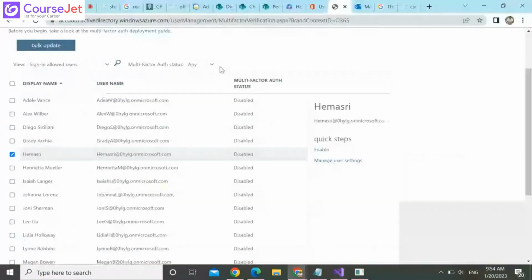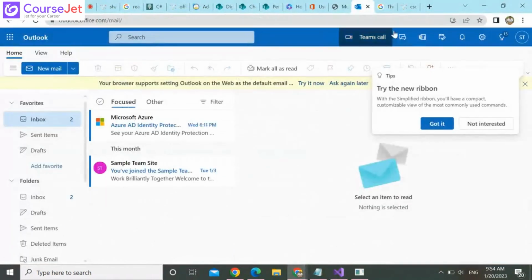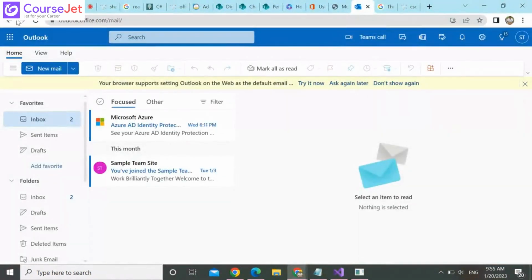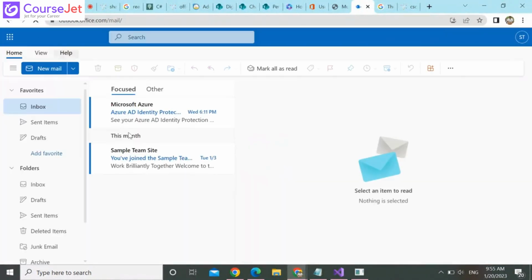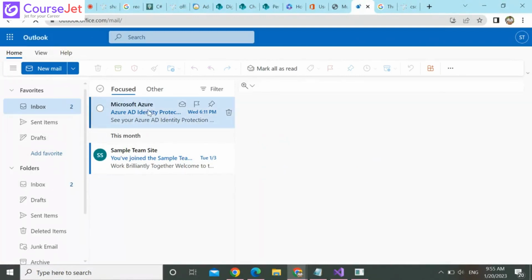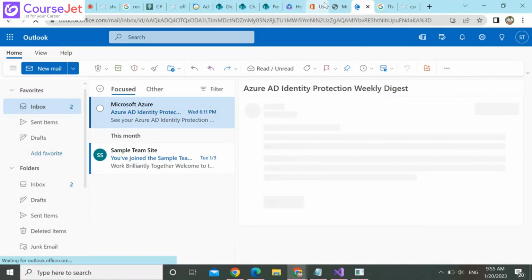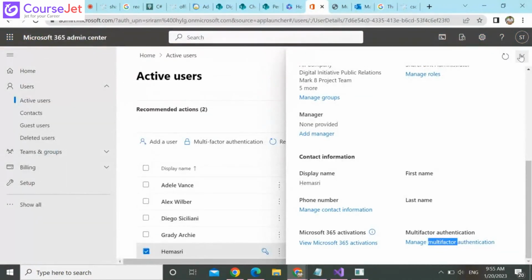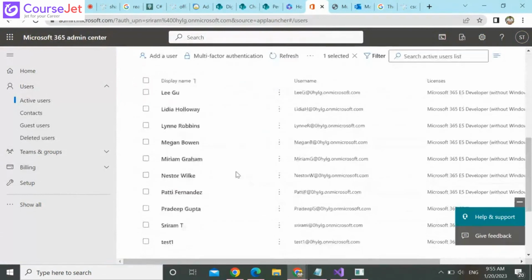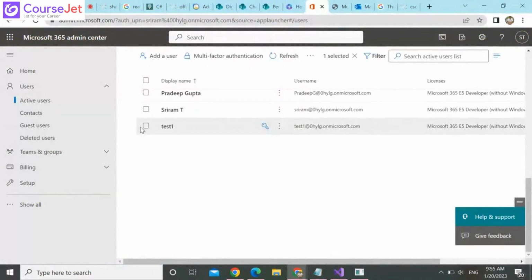We need to disable multi-factor authentication for SharePoint Online login. That's why I created a new user ID. Unable to set the password.